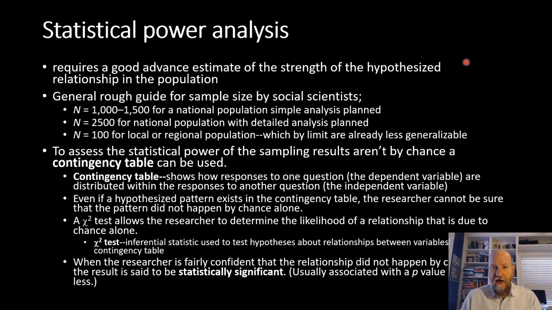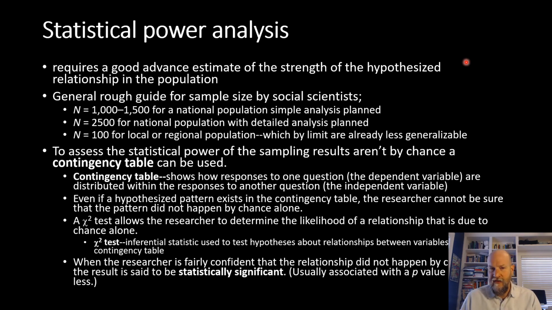simple or two simple tests, generally speaking, an N, the italicized N, is a symbol in research that means the number of people within your study, the number of people within a sample, within a group. If you see large capital N, or sometimes lowercase n referring just to a group within the sample, it is the number of people in the study, the size of the sample, the number of elements within the sample. Generally speaking, if it's a simple analysis plan on a national scale, a national population, you generally need